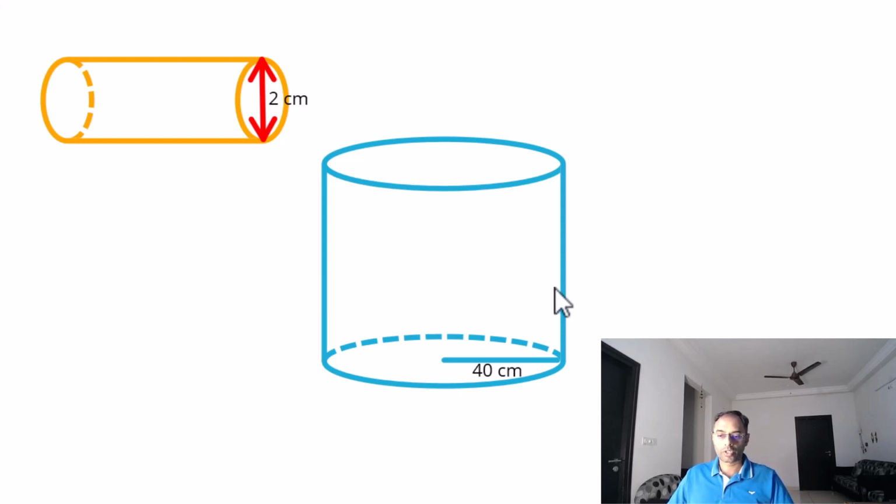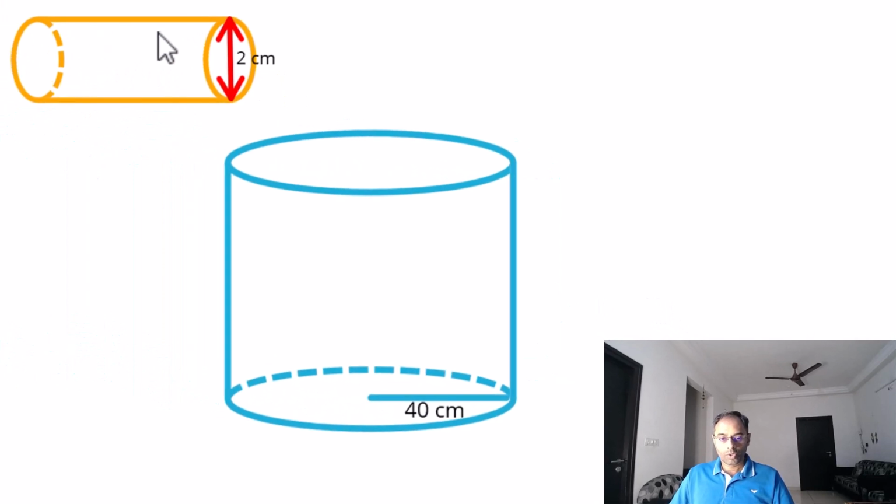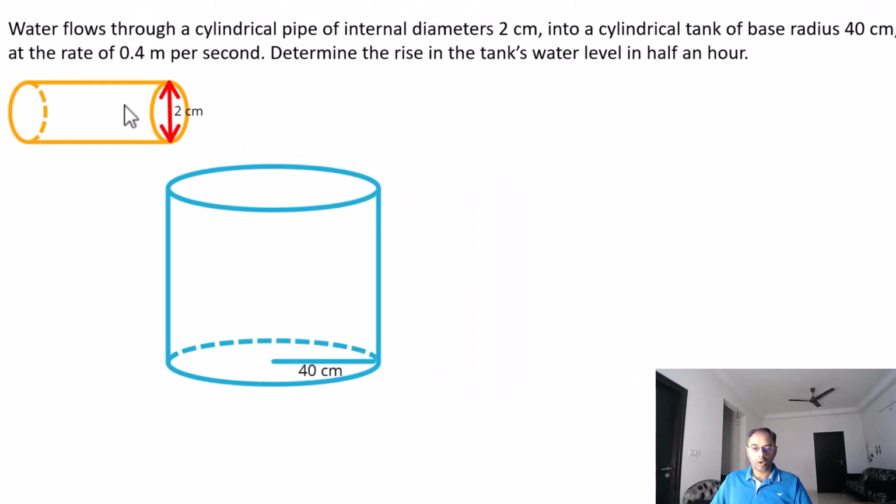So that is what the question is. I hope the question is clear. Now let's get into the problem solving mode. So the volume of this cylinder, how do you find the volume of the cylinder? We do not know the height of the cylinder, but what we do know is